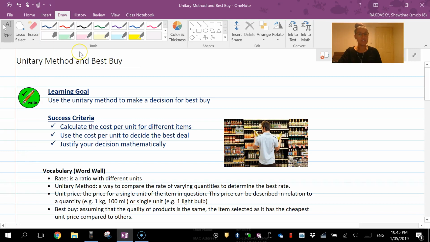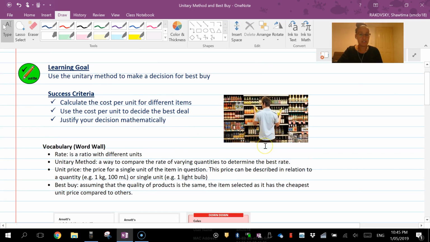Hi everyone, in this video we're looking at the unitary method and the best buy. By the end of this lesson you should be able to use your unitary method. It's like looking at unit pricing to make a decision about best buy. You're going to have to calculate the cost per unit for different items and make the decision, so justifying your